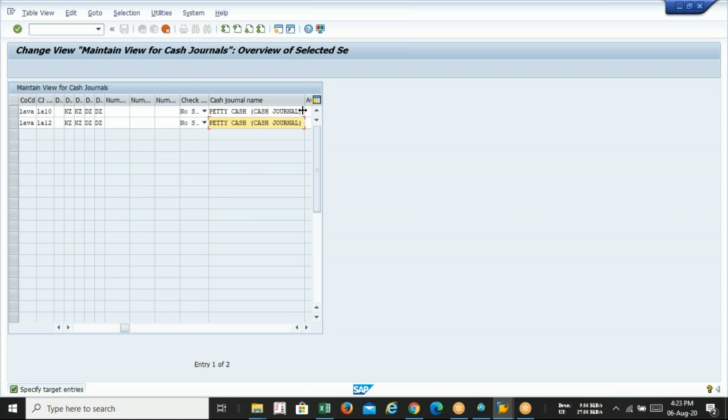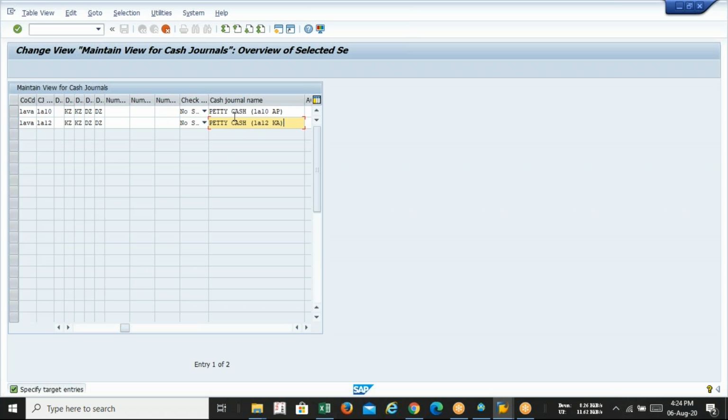And here I can change the name so that I can identify petty cash LA10, that is Andhra Pradesh, and the second one LA12 for Karnataka. This is the name of the cash journal.